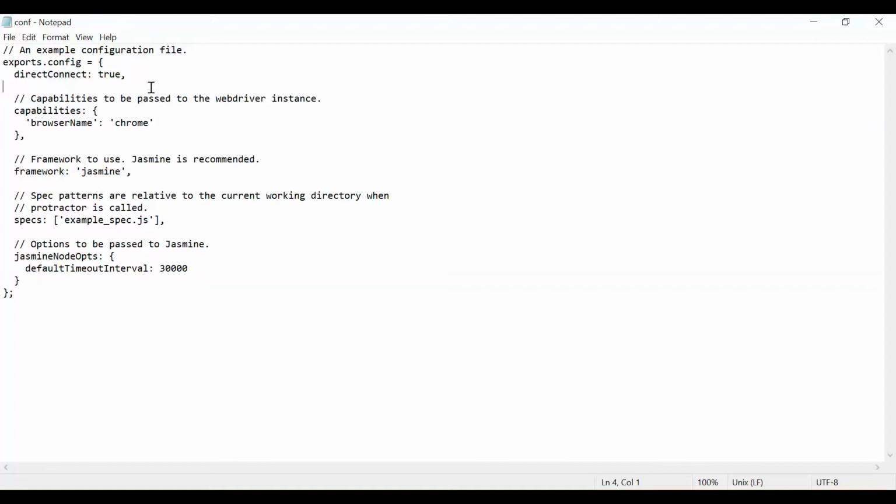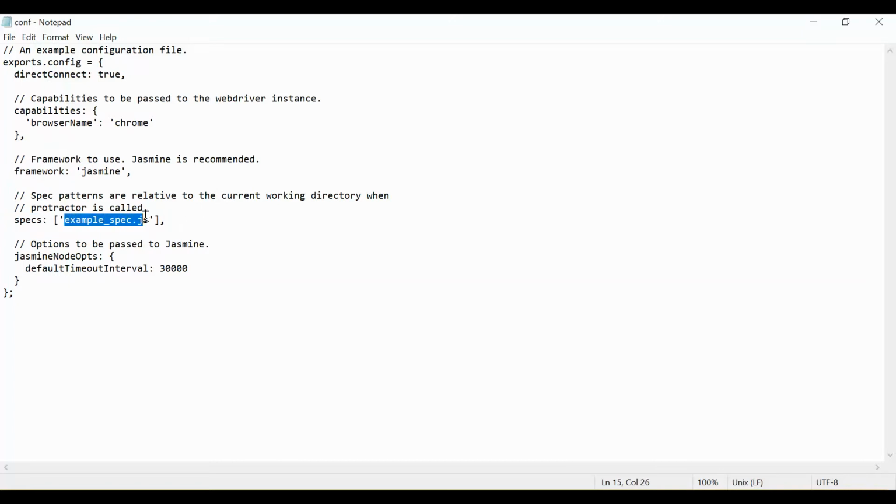Manually you need to start it, but in protractor using this conf.js file it is already set to true, so you don't have to turn it on manually. Then here in capabilities, you need to mention what browser you want to use for testing. Then by default protractor uses the Jasmine framework, and this is the specs. In the specs you need to mention which test case you want to execute.